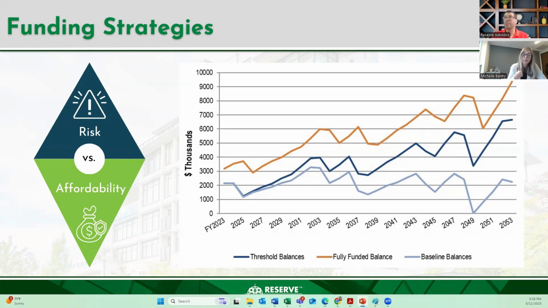We do include the threshold funding recommendation. Now, if you want to see the others, can we include them? Sure. But we prefer to show the one funding strategy, really help you understand what the best path forward is instead of providing all of these different options that can sometimes confuse things, especially when legislation requires you to fund the reserve account in accordance with the reserve study. We're seeing that more and more commonly introduced. Florida, Tennessee, Maryland, New Jersey, lots of states are introducing requirements for funding reserves.